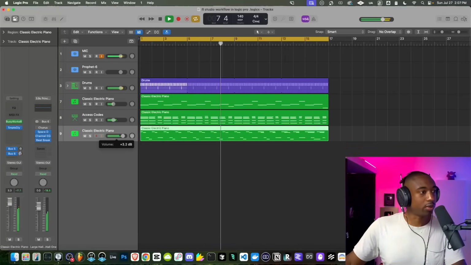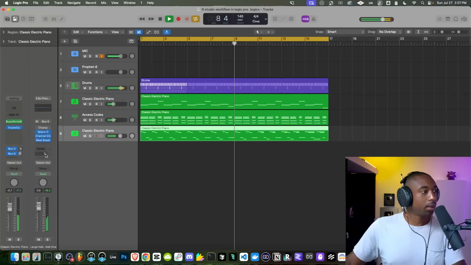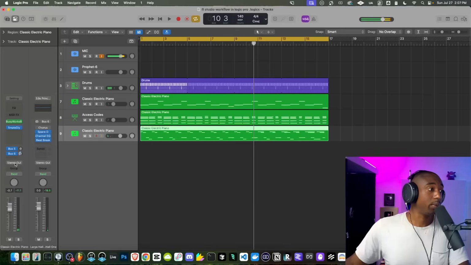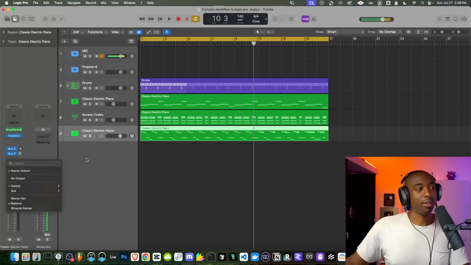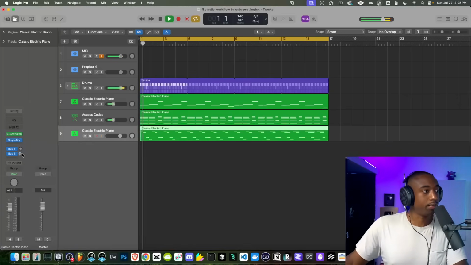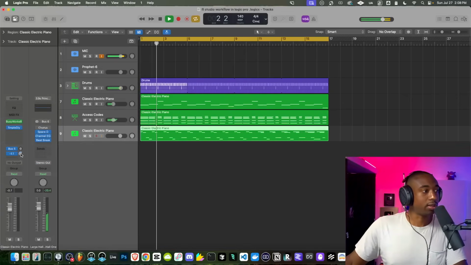So I'm sending it to the reverb that has the halftime on it. Now let's say we don't want a direct sound. We can click it where it's a stereo out. I love how fast we can route stuff in Logic. Let's hit no output. So now all we're gonna hear is this bell going through that reverb chain. So it's more of a background sound.